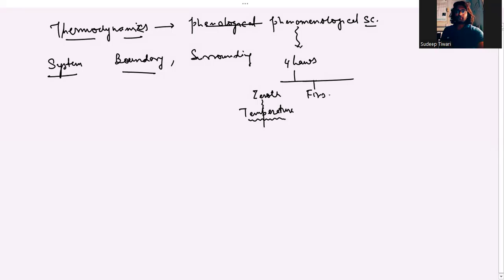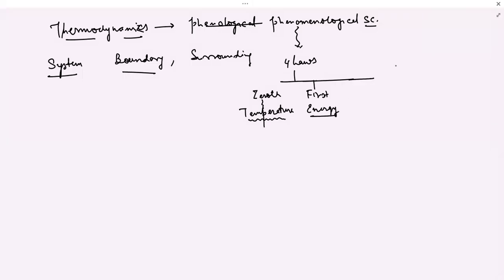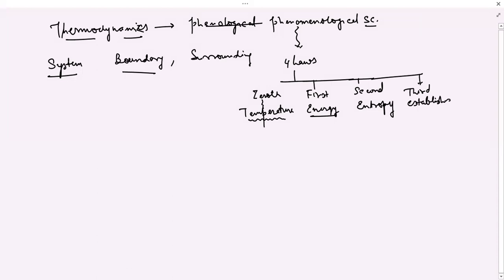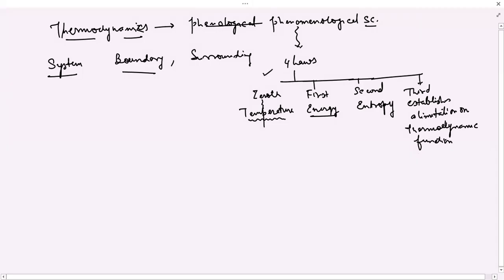From the first law, we understand how energies transact in a thermodynamic process. From the second law, we're going to understand something called entropy. And the third law establishes a limitation on thermodynamic functions. So basically, it is based on these four empirical laws,